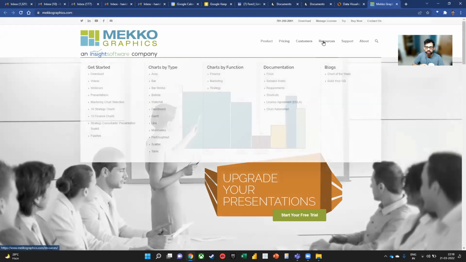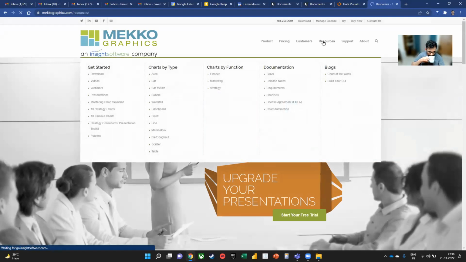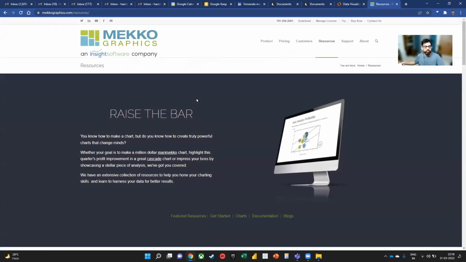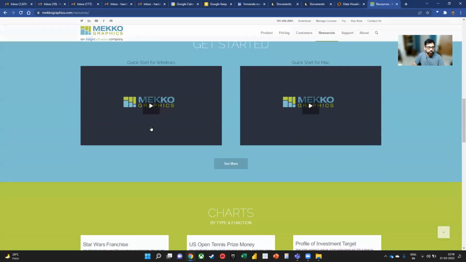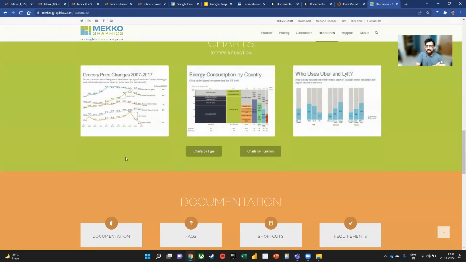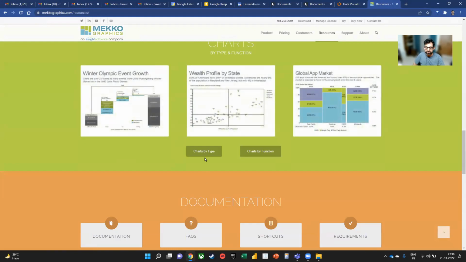And let me come to resources. Okay, how do I show it to you? Wait. Okay, look at this. Do you see this? They have given you not just one or two, they have given you dozens of charts as per different categories. So if I say charts by type,